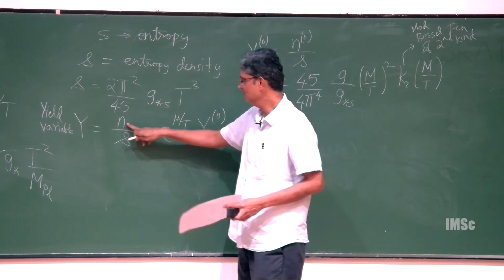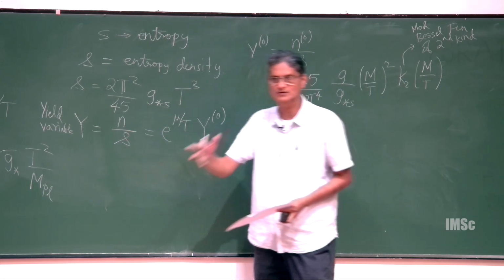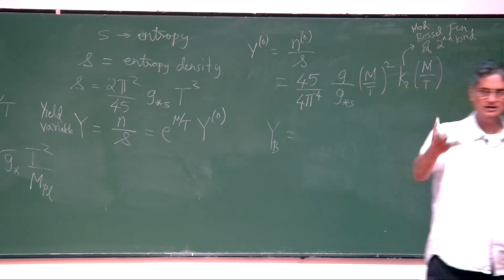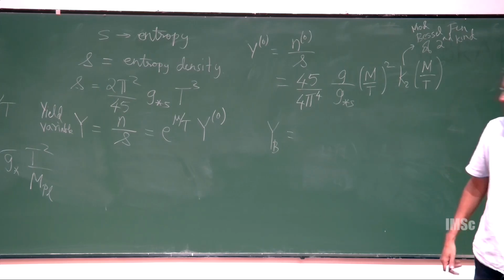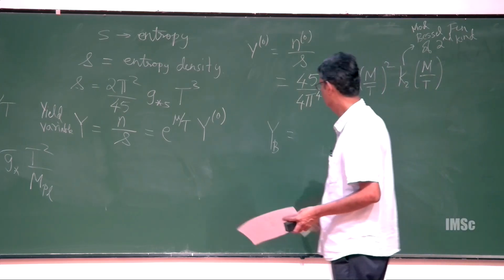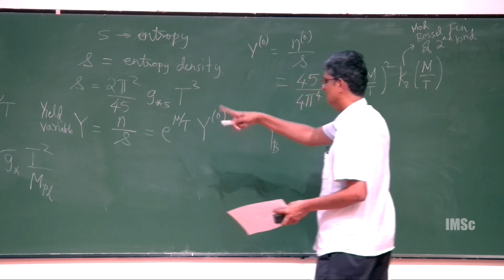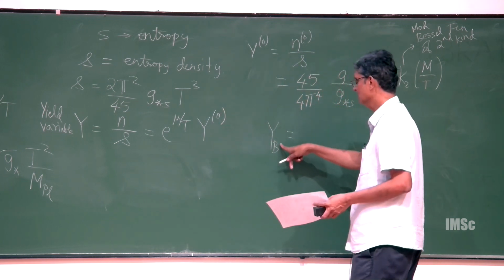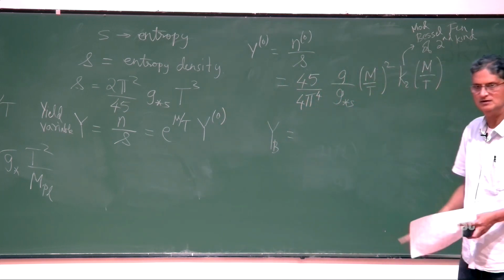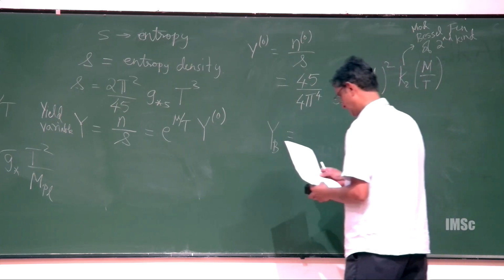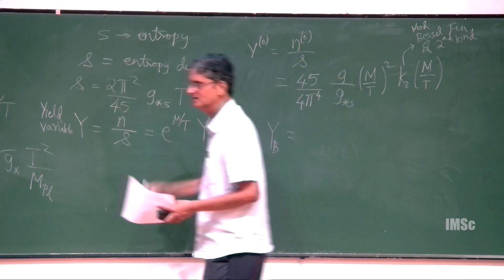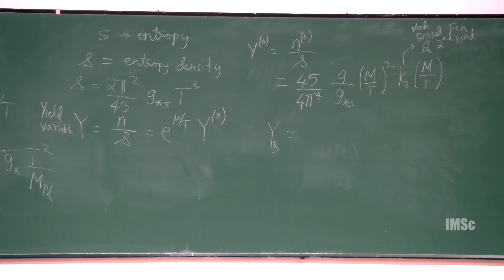I can take the number density of baryons, which is the number density of baryons minus antibaryons, right? And so that's that n big B, right? Now I can divide that by the entropy density and get the yield for baryons, and so that has a certain value. So I had written down the value for the n, so I just plug in that value,